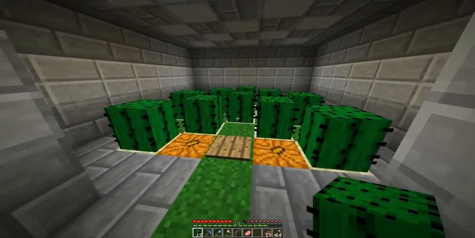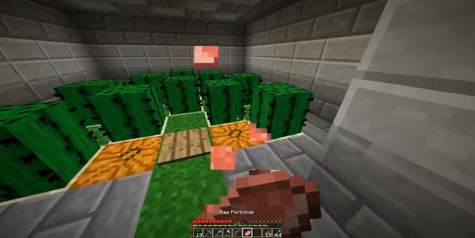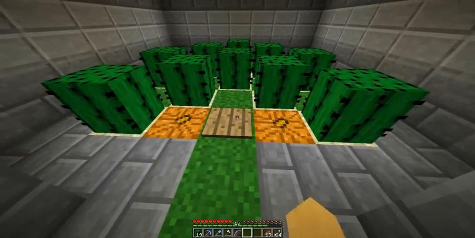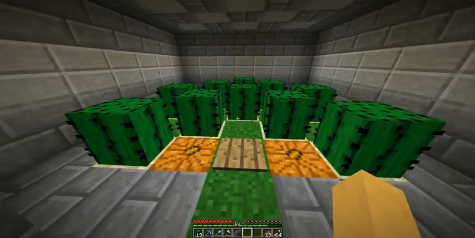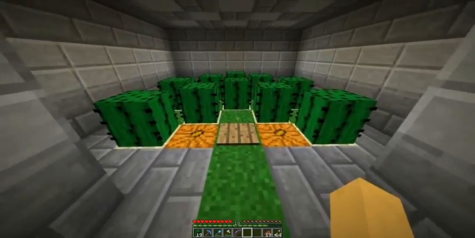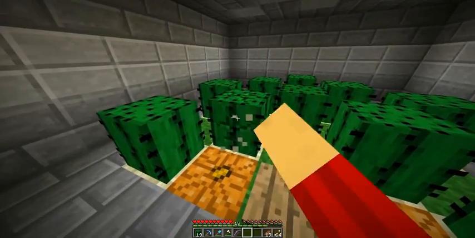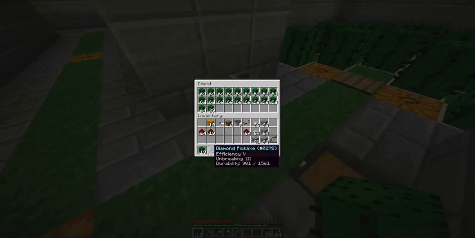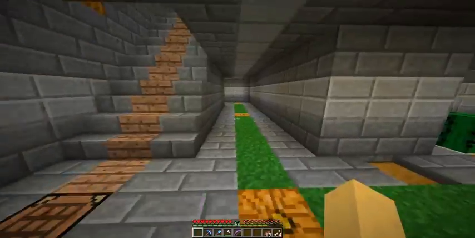Suicidal pig. So if you just... pig threw me off. You stand on this pressure plate, it breaks all the cactuses at once, and none of the cactuses fall on the other cactuses. That might happen if you just go through and break them one at a time. And I had these chests here to store the cactuses